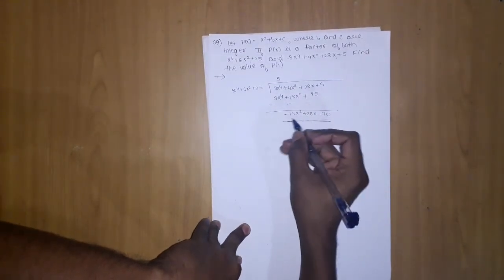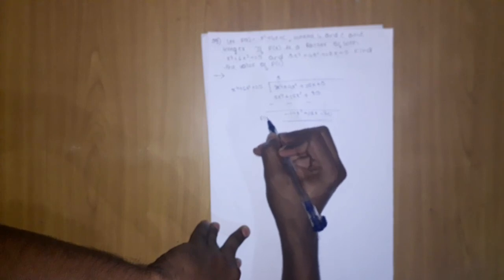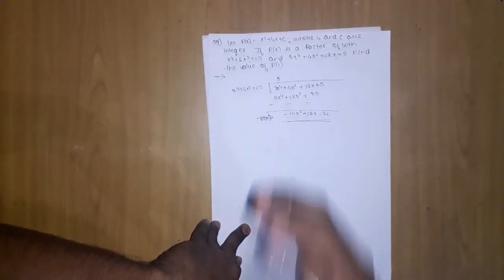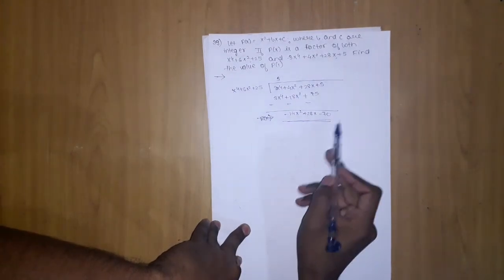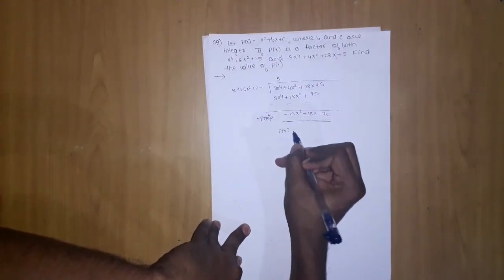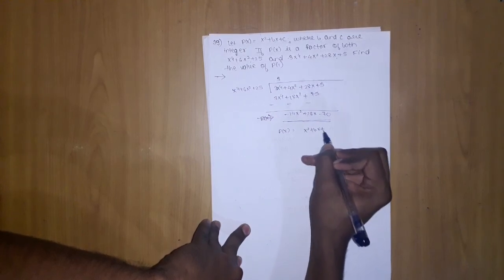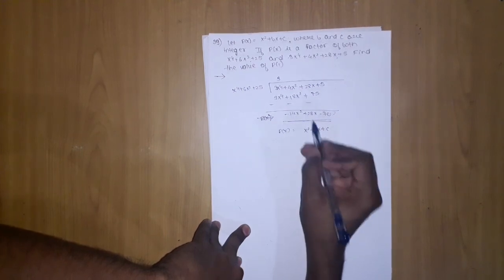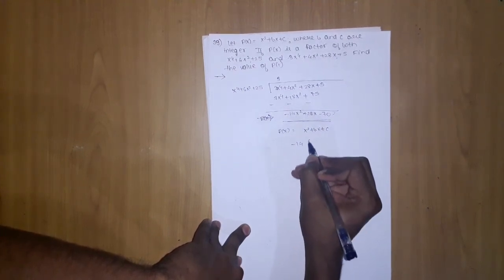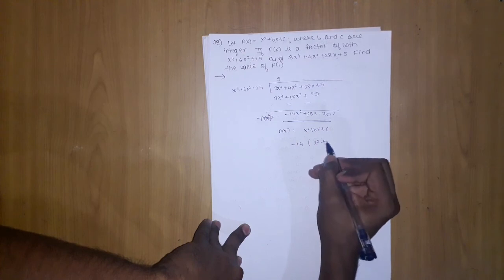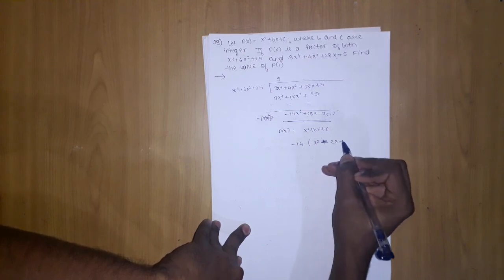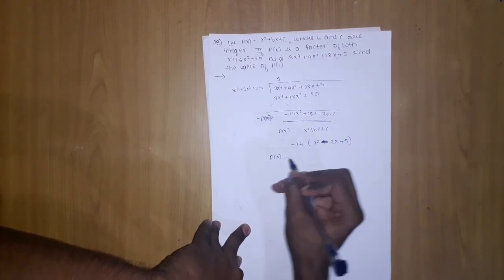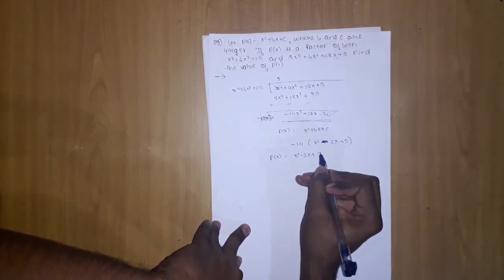So f of x is this, and p of x we have got. We know that p of x is the common part in both. But p of x is not given in this format. P of x is given in the format x square plus bx plus c. How can we bring this into p of x format? By taking minus 14 common, it will become x square minus 2x plus 5. Now you can clearly see that p of x is x square minus 2x plus 5.